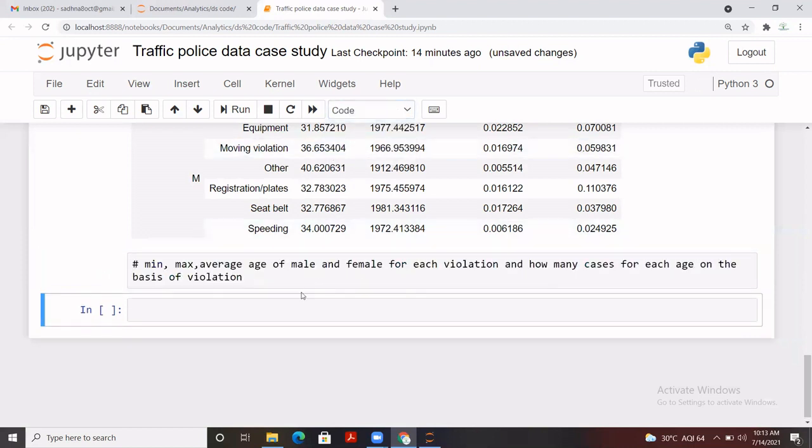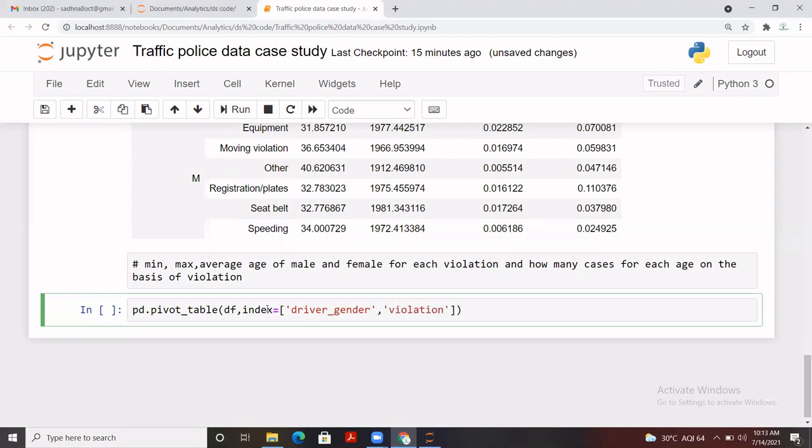Right, so to do it, we are going to apply a pivot table to summarize the data. Although we can use grouping too, I'll prefer the pivot table here. So df.pivot_table, and in index we can directly pass driver gender, which we previously did, and the violation.